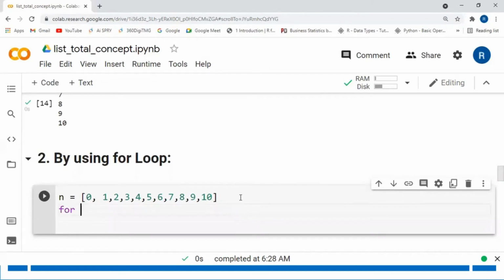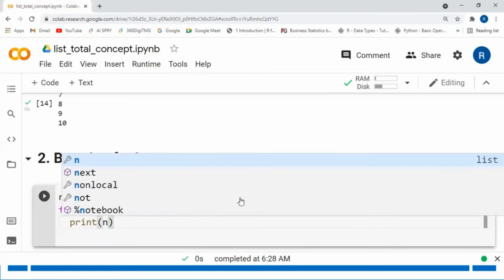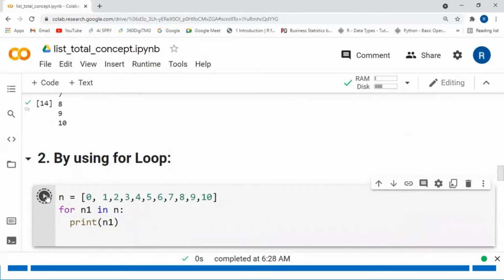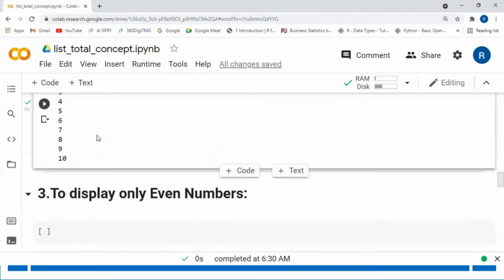I am writing for loop. for n1 in n, print n1. Yeah, see, I'm running the loop. Yeah, I am able to access all elements from the list using for loop.